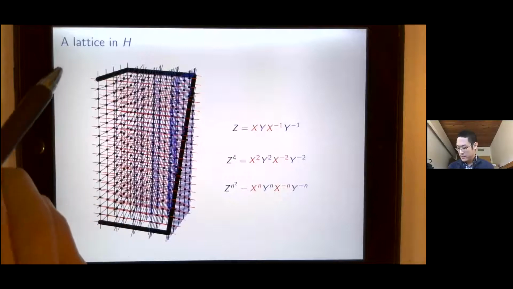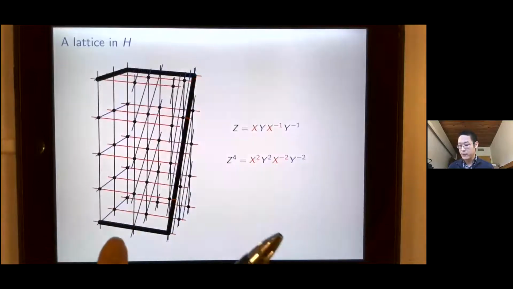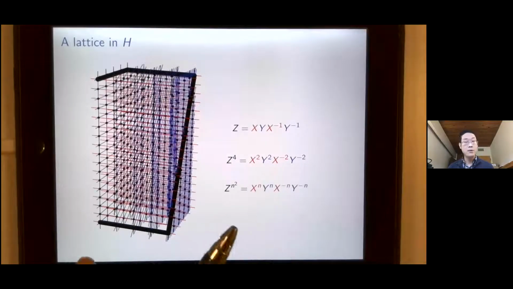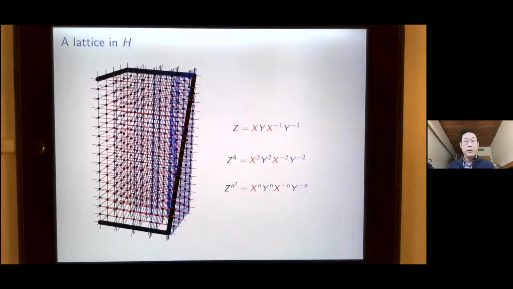So this is a picture of the lattice. This defines a metric on the lattice. But what we really want is a metric on the Lie group. So we can turn this into a metric on the Lie group by taking a scaling limit. So remember, we went from here to here by scaling the x coordinate by 2, the y coordinate by 2, and the z coordinate by 4. If we keep on going like that, if we scale x by n, y by n, z by n squared,